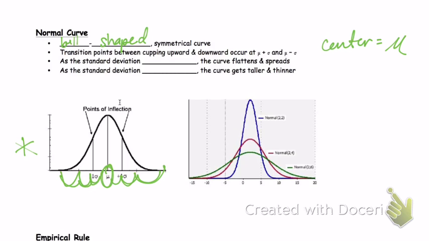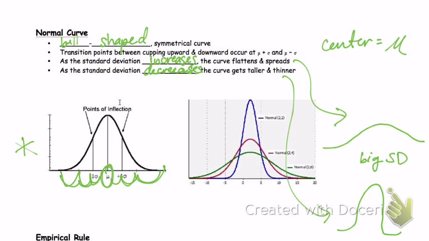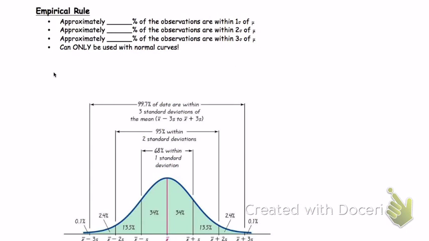As your standard deviation increases, so let's say you have a really big standard deviation, your curve gets wider. If you have a small standard deviation, so it decreases, then you have a really tall and skinny curve. Okay, so it's kind of the same thing with any distribution you've seen. It's really condensed if you have a small standard deviation, and it's really wide if you have a big standard deviation. The empirical rule, the only 3 numbers that I want you to get from this is if you are